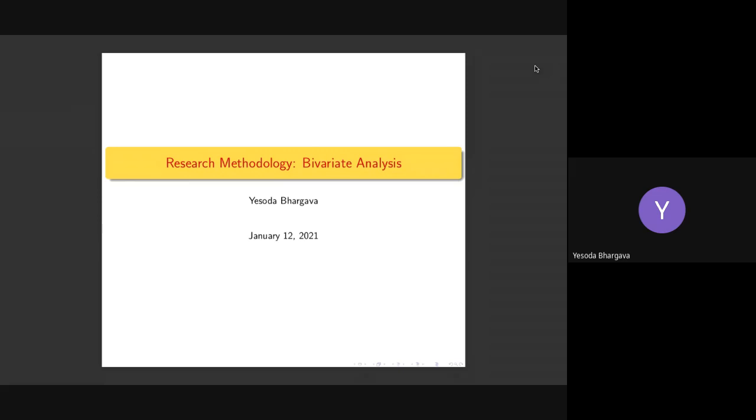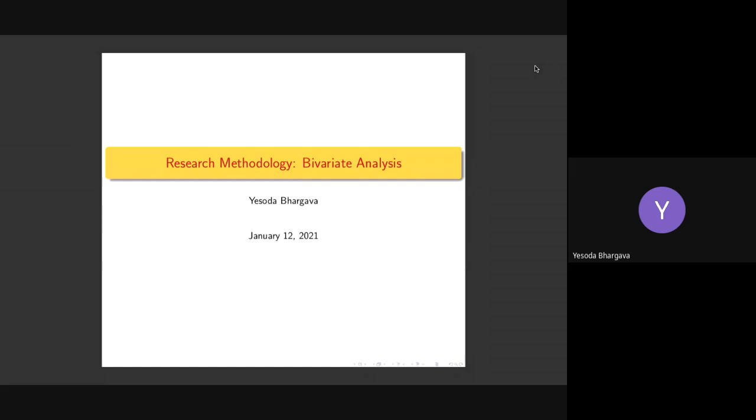So in the last lecture, we talked about univariate analysis, which is a part of descriptive statistics in which we try to understand each variable in our data. If you are doing some kind of data analysis in your MTech project or thesis project, you might like to look at each variable individually and try to understand the different values, the mean, median, mode, and the variance, and try to have a good hand of what that variable looks like in your data set.